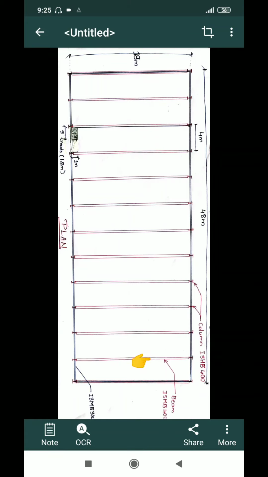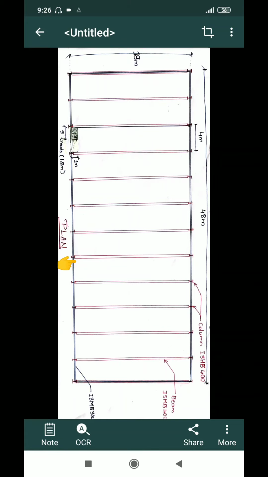From the top you will be able to see the width of the flange, but when you look at it from the front side, I can see the depth of the I section, which is 400 mm, whereas the width is somewhere around 140 mm. In the syllabus it is also mentioned that apart from these beams, this is one single frame which includes 2 columns and 1 beam. Here also 2 columns and 1 beam. Such a number of frames are provided.